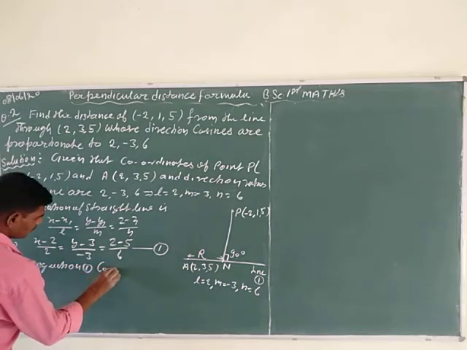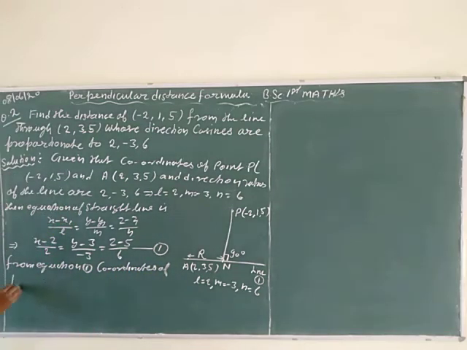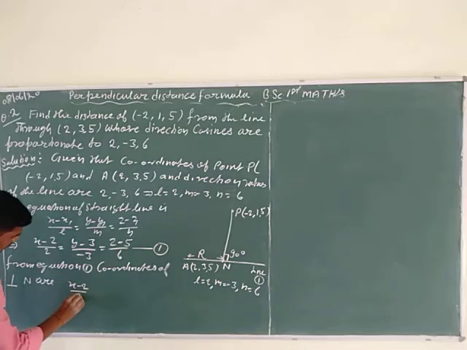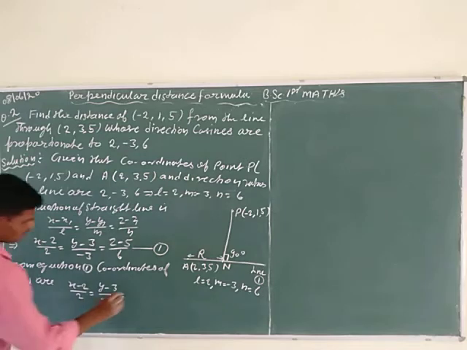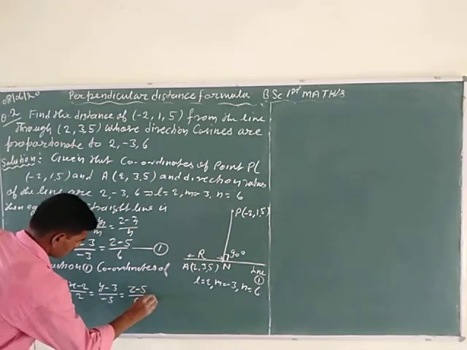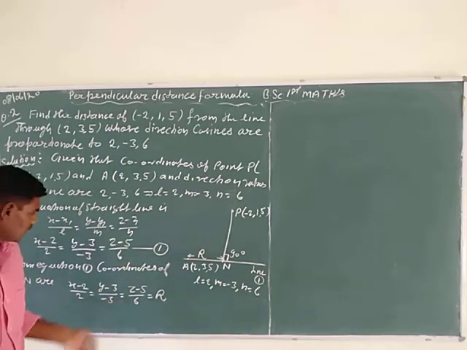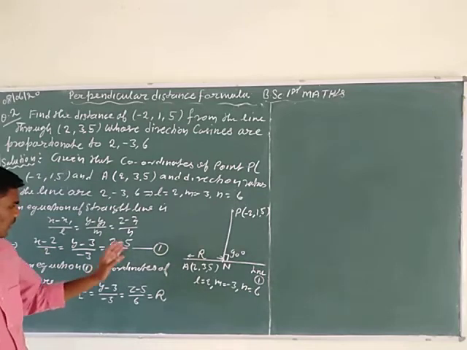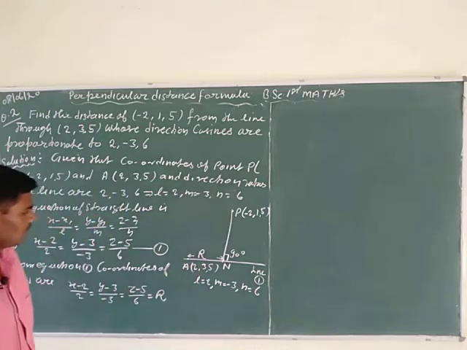the coordinates of the foot of perpendicular, here this is the symbol of the foot of perpendicular, capital N, or (x minus 2) divided by 2 is equal to (y minus 3) divided by minus 3, and at last (z minus 5) divided by 6 is equal to capital R. This is written from equation first. Here the first, second and third ratios are equal to the last, fourth ratio capital R. Capital R is shown in the figure.